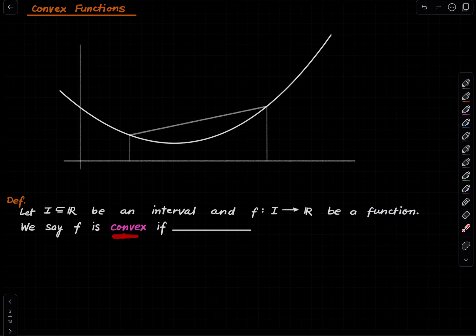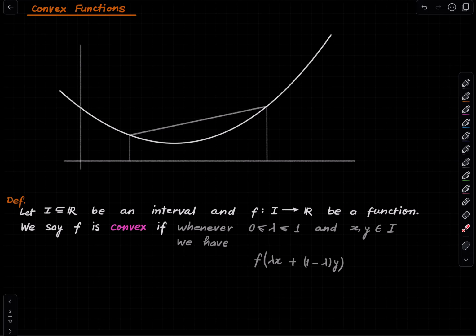We say that the function is convex if whenever lambda is chosen in this range, meaning between 0 and 1, and x and y are in the domain, we have this inequality, which is the value of the function